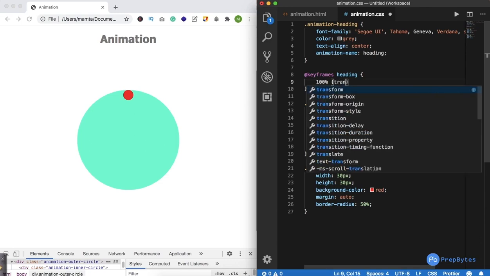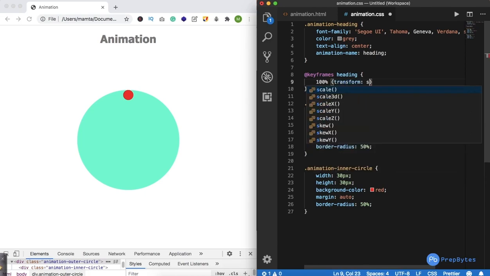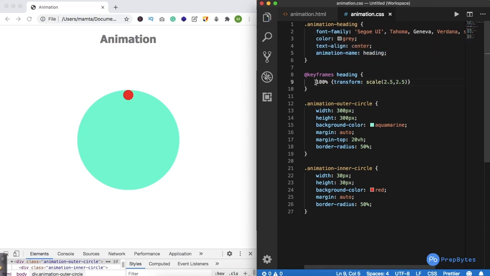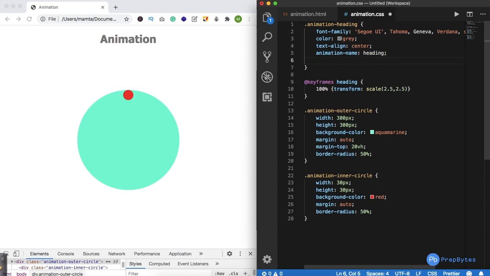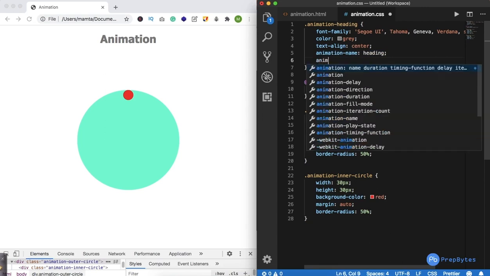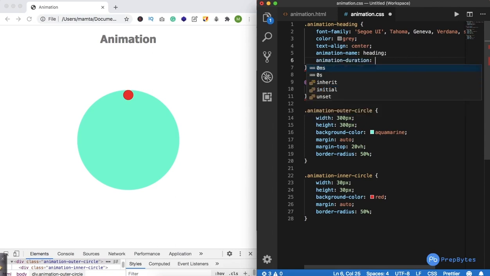So here we will do nothing but transform, and in the transform we will do scale. Let's say I put 2.5 comma 2.5. Now I have given the animation name heading. The other thing I have to give is the animation duration. So I'll do animation-duration, let's say 1 second.